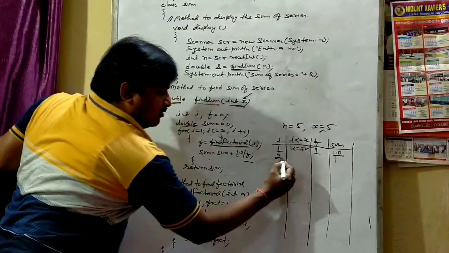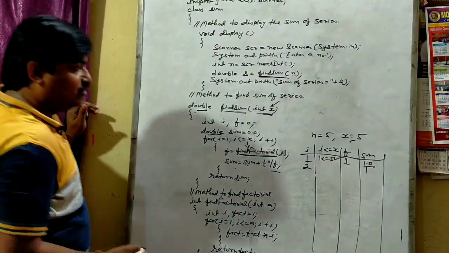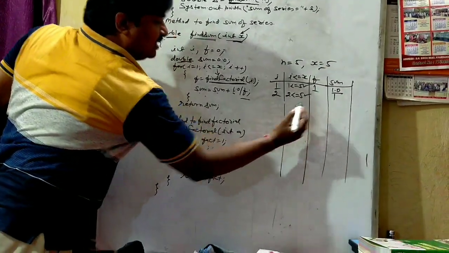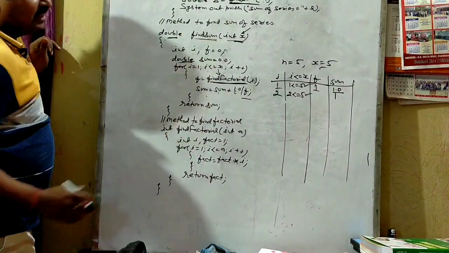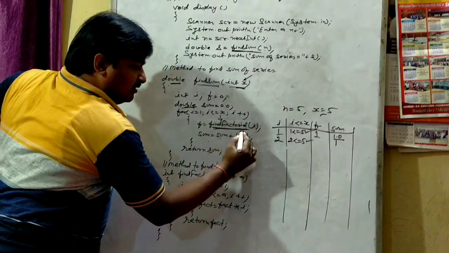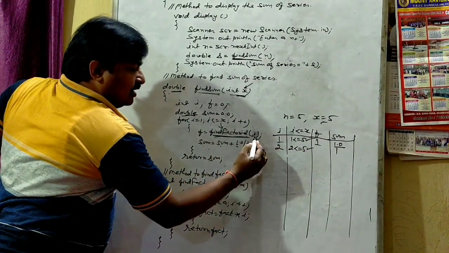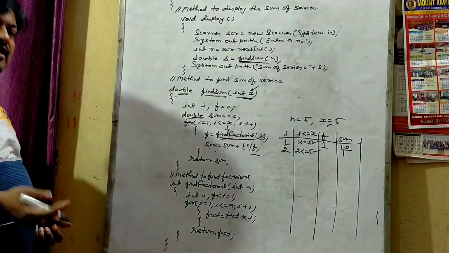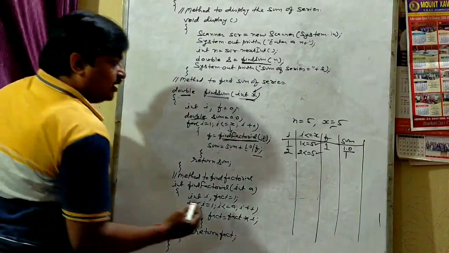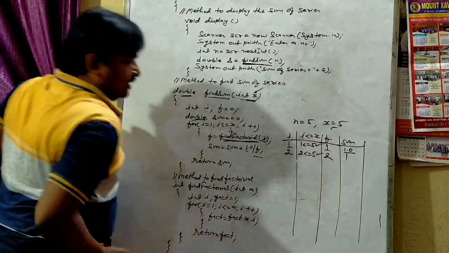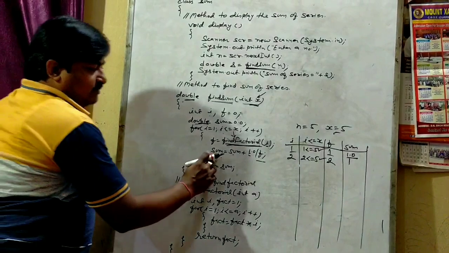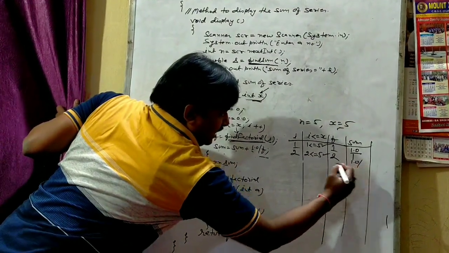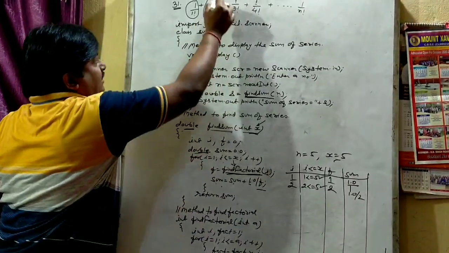Now i equal to 2. Again the condition will be checked, 2 less than or equal to 5, the condition is true. Again we move inside the loop. This time find factorial will calculate the factorial of i, that is factorial of 2, and we know the factorial of 2 is 2. So f will store 2. Now sum equal to sum plus 1.0 by f, f is 2, this is the second term.